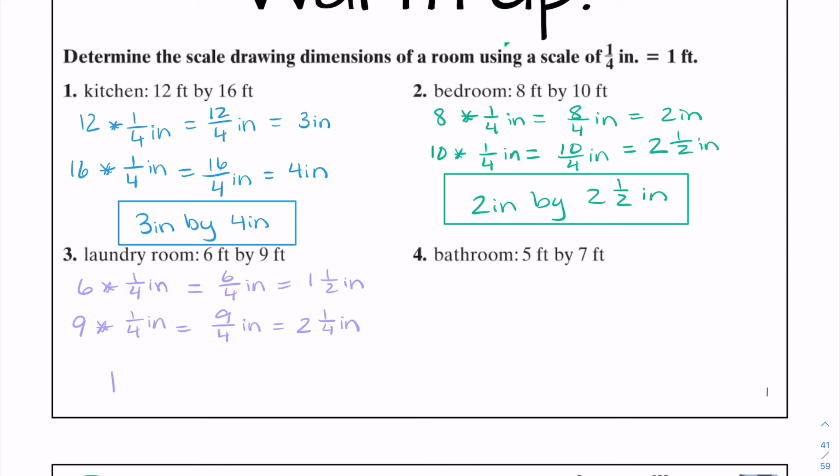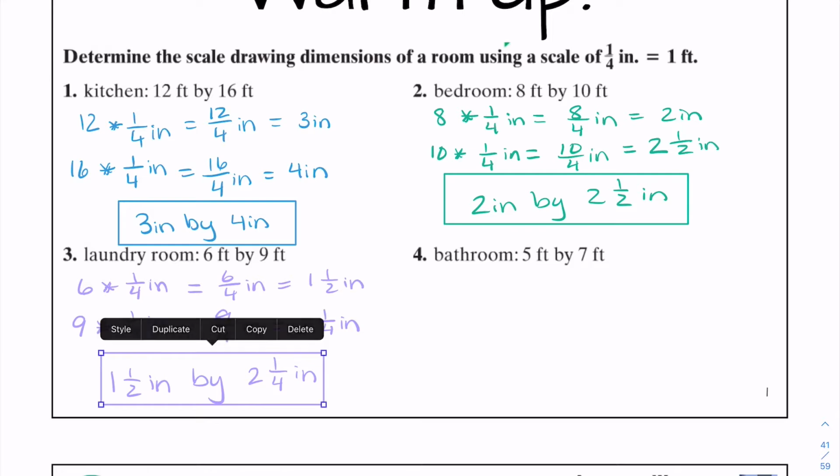So 1.5 inches by 2.25, because with 9 quarters, 8 of them, 8 divided by 4 is 2, and there's still 1 left over,